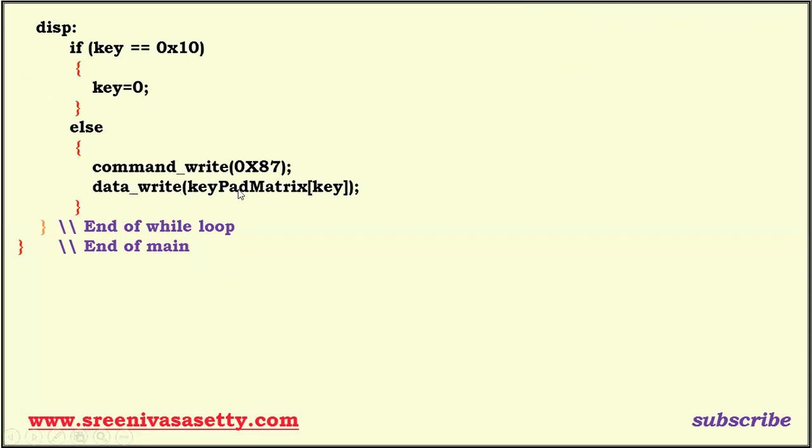It comes over here. Then we have to display at the center of the first row in LCD. Then here data write the ASCII code in the data register of LCD. Therefore, keypad matrix here. What is the value of this key? That is nothing but 5. It's going to get the ASCII code for 5 and it's going to display at the center of the first row of LCD. Okay, any doubts here?